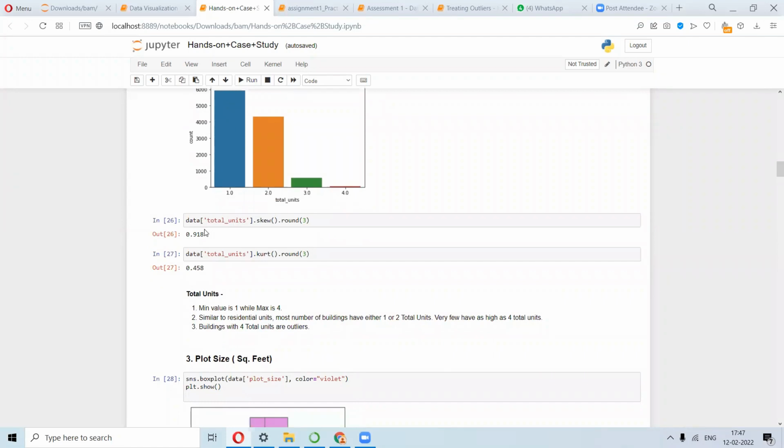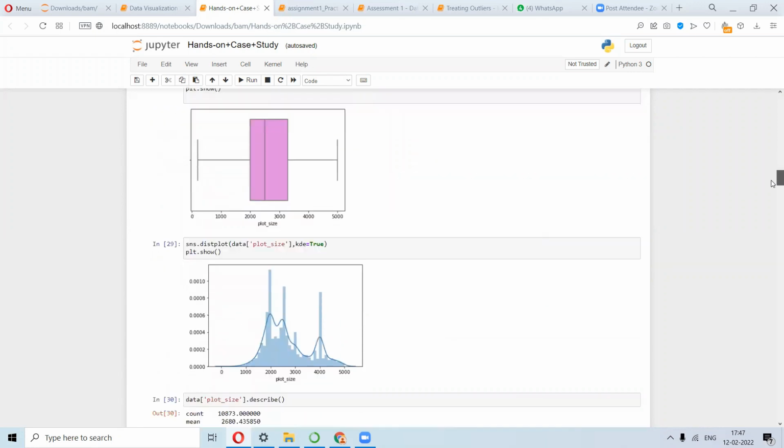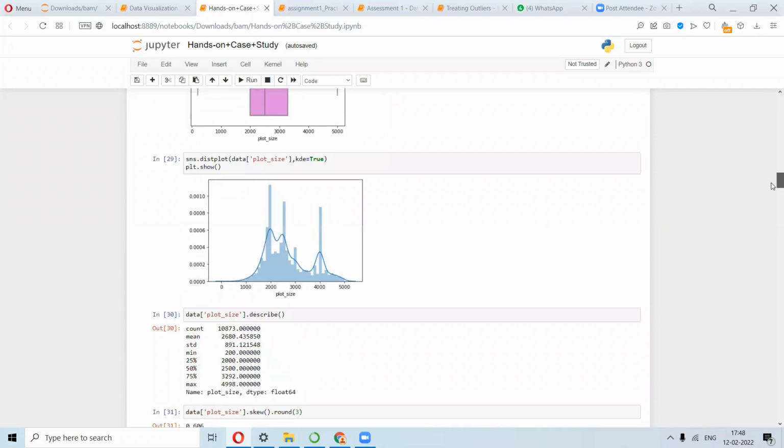Okay, so this gives you the kurtosis and the skewness of the data set. This is close to 1, see, so that's why it's positively skewed. This is square feet, distribution of the square feet. This is distribution of plot size, which is really weird. But you can see this is bimodal, right?